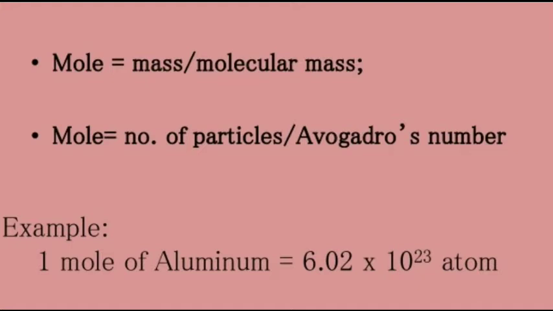Clear? So 1 mole of any substance contains an equal number of particles. So it can be calculated when we are calculating moles. Number of moles, how can we calculate? Number of moles equals given mass upon molecular mass of that particular element or compound. For calculating the number of moles, first we have to calculate the molar mass. So let us see how we can calculate the molar mass.